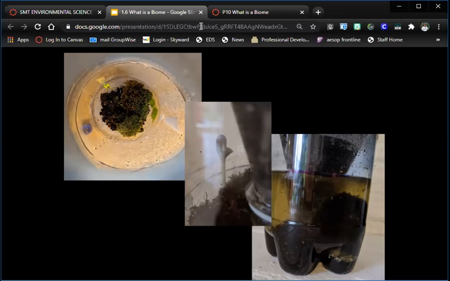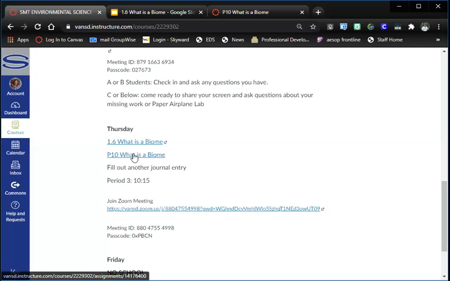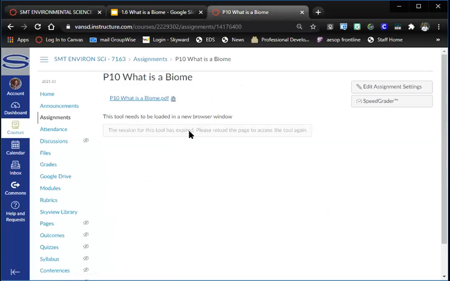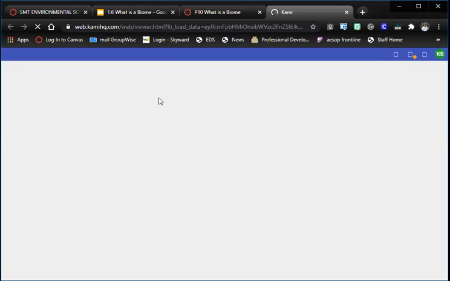But we also had an assignment today. Okay. So if we look at what is a biome on our assignments, we see we have some different choices and it has expired. You could use this, but what's a much better way is to click on this button, and then that's going to pop up with the assignment, and there's going to be one important little difference,